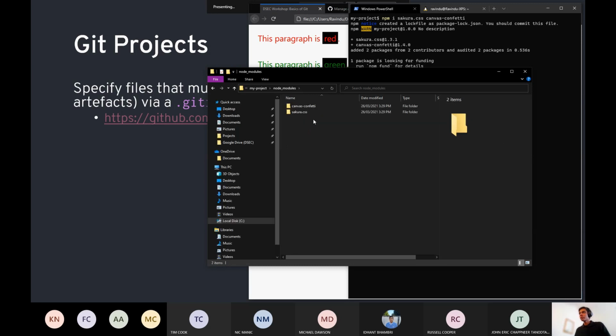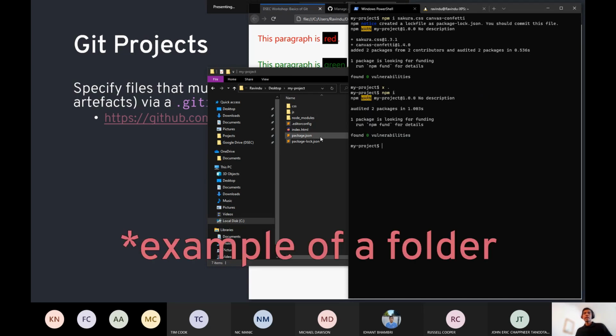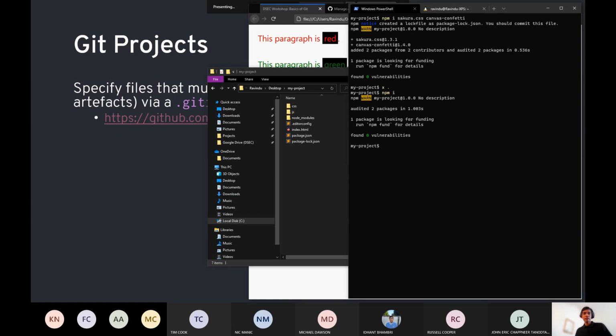In this case, I've got a node modules folder, and it's got the actual dependencies that are downloaded. These are files that you wouldn't want to commit to your repository because they are automatically regenerated whenever you run the npm install command. So this is an example of a file that you'd want to ignore using the gitignore file.